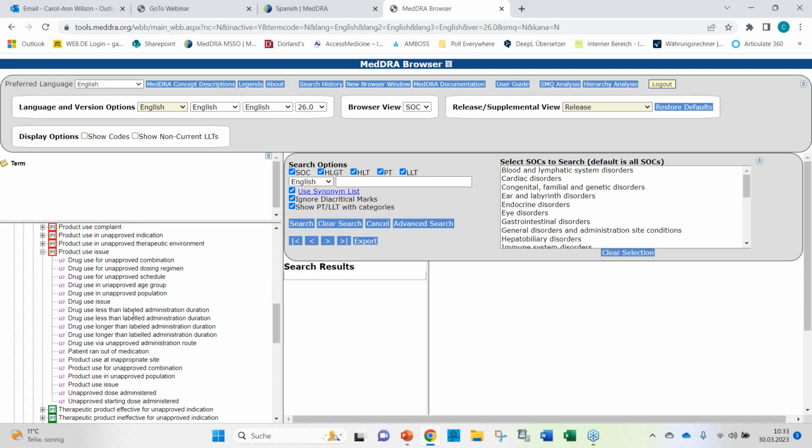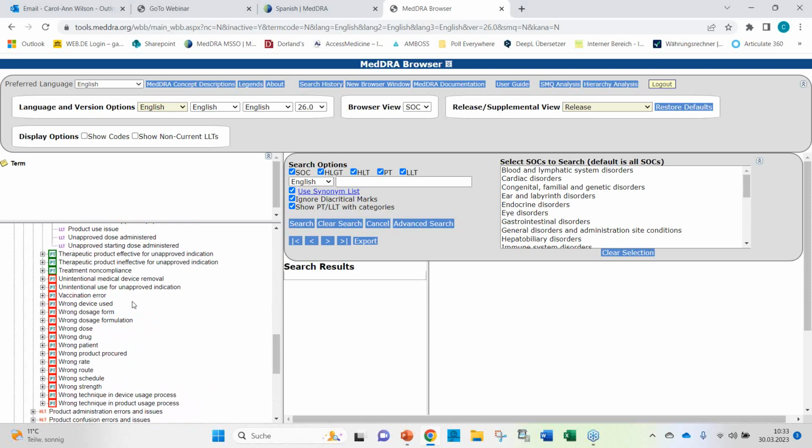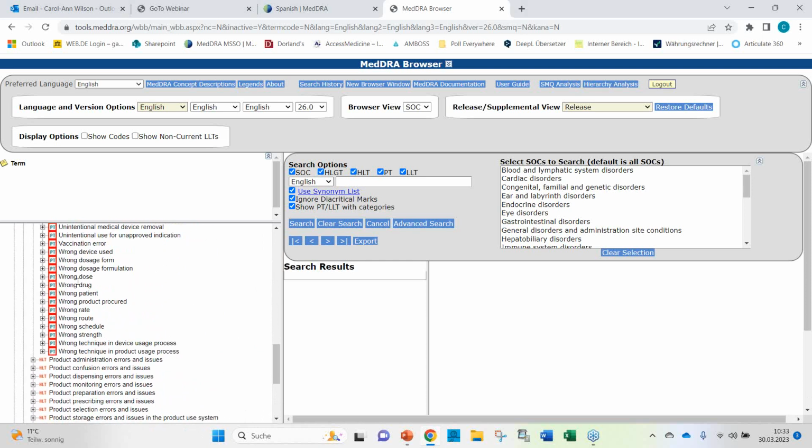Here, unapproved combination, unapproved schedule, unapproved age group, etc. Then you find some PTs like wrong dose, wrong drug, wrong rate, wrong route, wrong schedule. So PTs and LLTs that really capture the specifics of the deviation without containing any information about the stage where this specific deviation occurred.